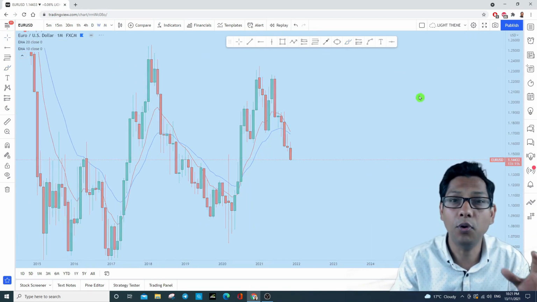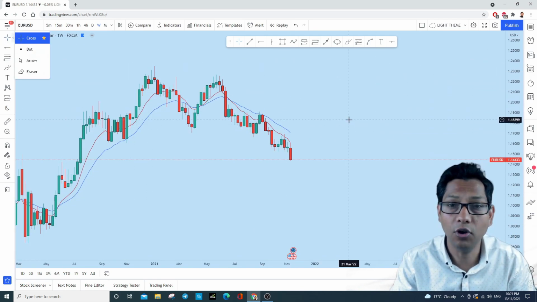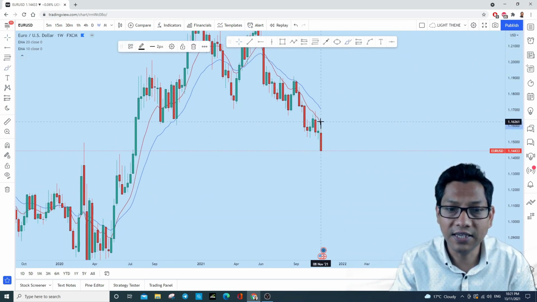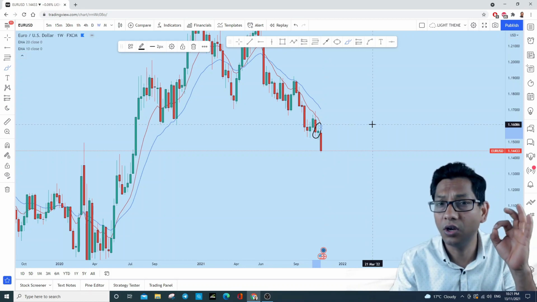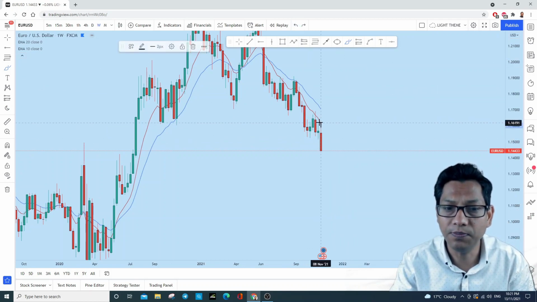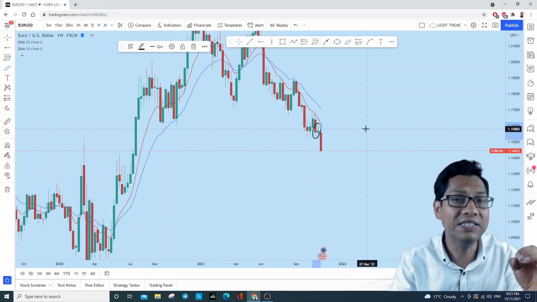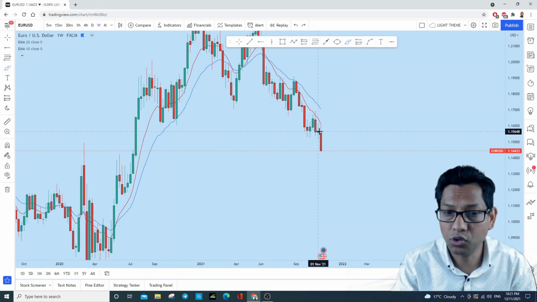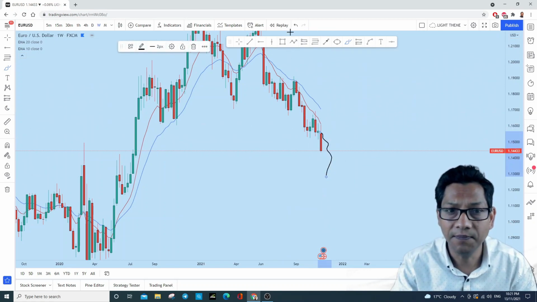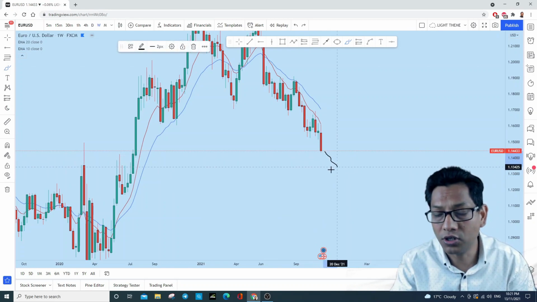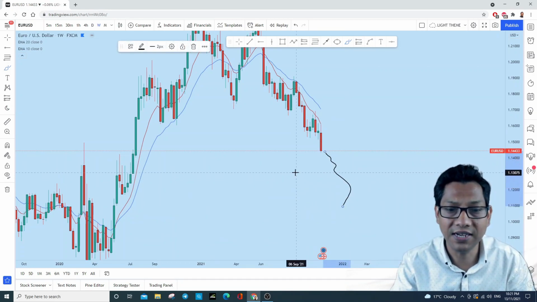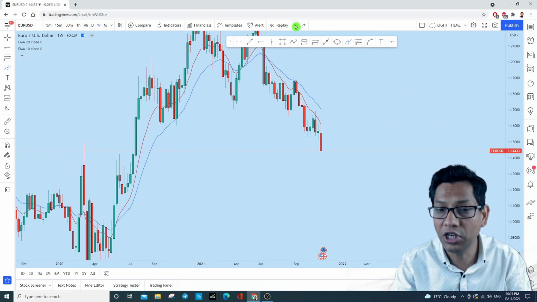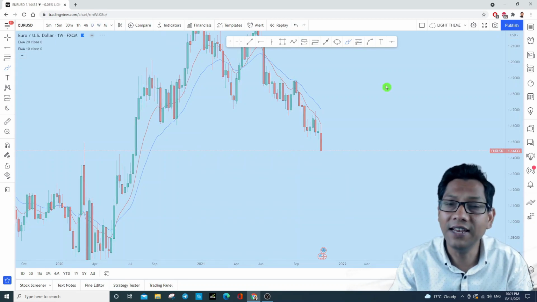Now let's jump on to the weekly time frame to see what kind of price action we have. On the weekly, as you see, the previous week it has created a narrow weak doji. Now this kind of doji is basically a sign of deceleration from the buyer. So as a result, what we see is that the previous week the price dropped aggressively. Now from here we might not see a straight drop because there is nothing on the left side. So what we might see on the new trading week, let's see on the daily time frame